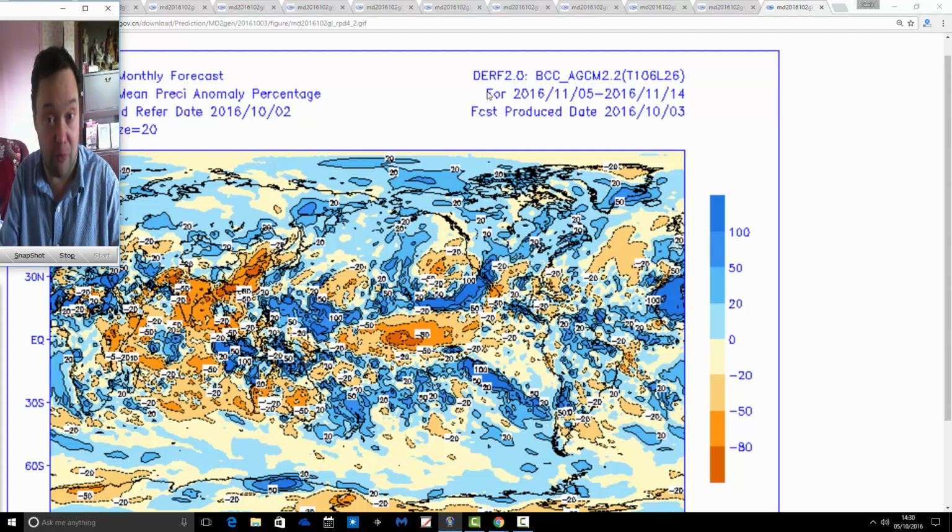It's a heads up of what the model is showing. The charts are there, so you might as well look at them. But always with the thing at the back of our mind that we have to take it with a bit of a pinch of salt when we go out beyond 5 to 7 days.